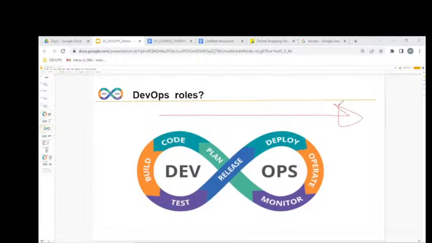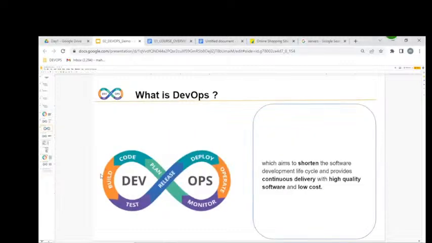Once we implement the DevOps process, the code written by the developer is automatically delivered and deployed onto the production environment, with quality, at a low cost.